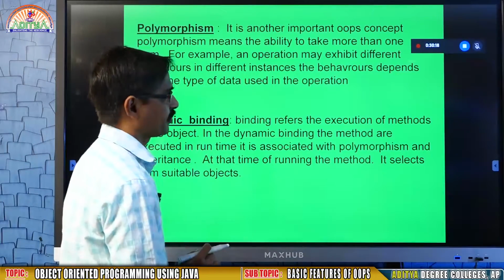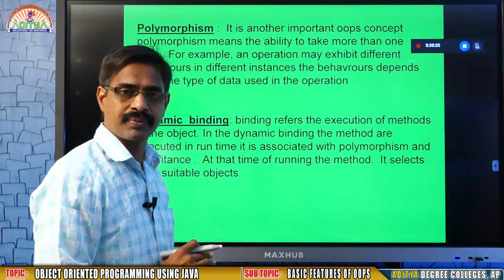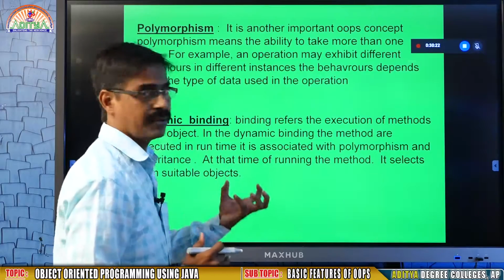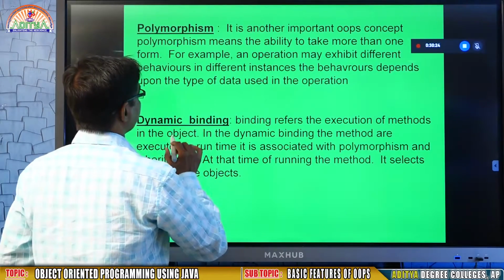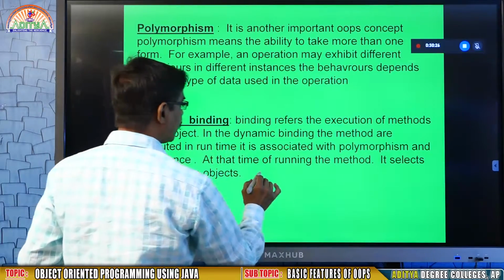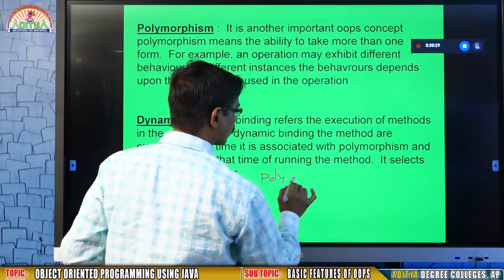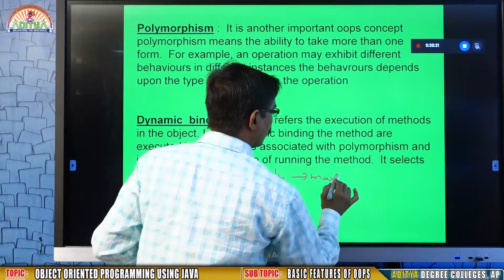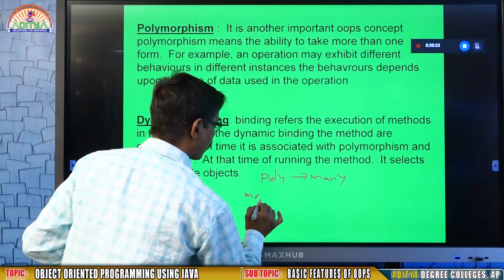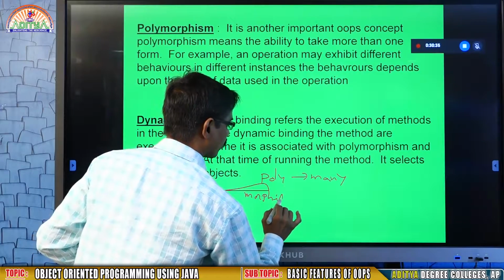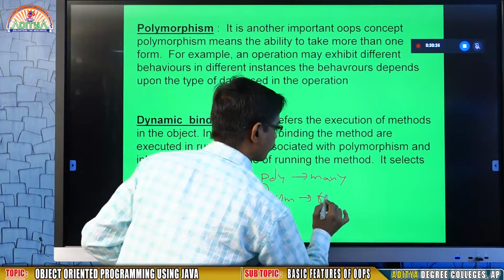Now polymorphism. What is meant by polymorphism? Poly means many. Morphism means forms.